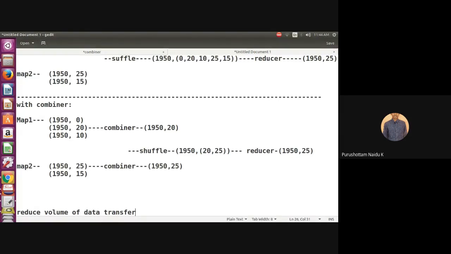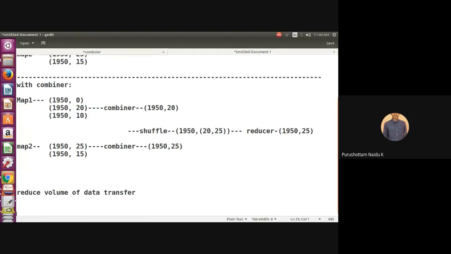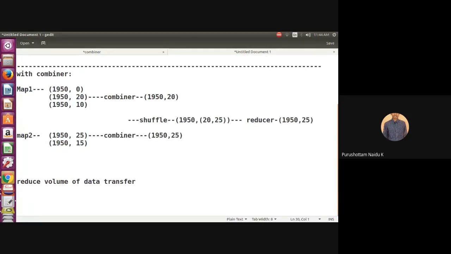Let's understand with another example. If I want to calculate the average temperature in a particular year, I want to write the logic to calculate the average temperature in a particular year. Let's see without combiner.